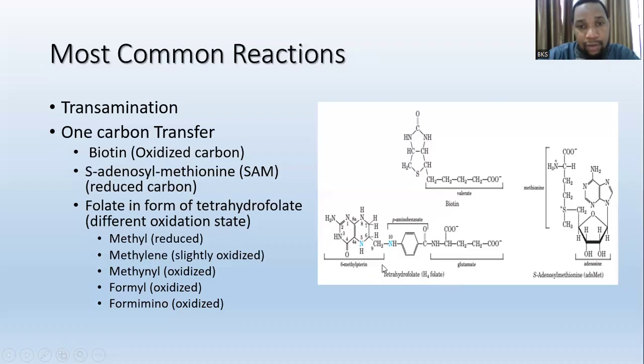Tetrahydrofolate is made up of a pteridine group comprising 6-methylpterin, a p-aminobenzoate, and a glutamate. How is tetrahydrofolate involved in the transfer of a one carbon? We can see the role played by N10 and N5, because mostly, depending on the oxidation state of the